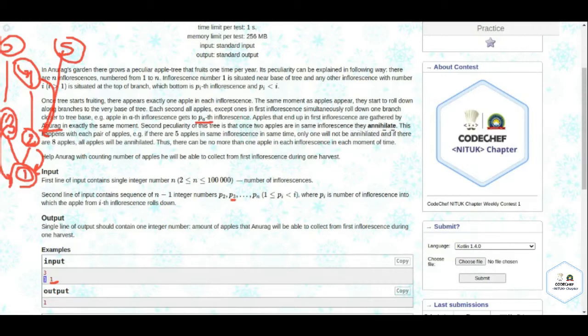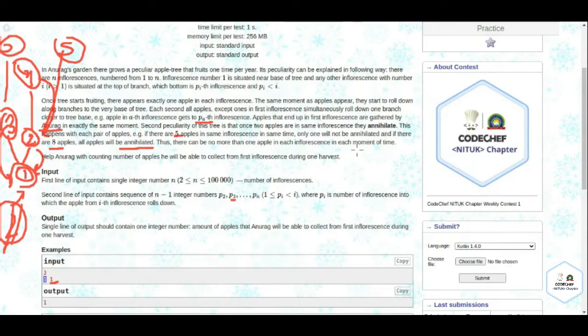apples are in same inflorescence they annihilate. It means जैसे ही अब 3 और 2 वाले 2 एप्पल 1 के अंदर आए तो 2 एप्पल आगे वो क्या हो जाएंगे, एनिलेट, वो खत्म हो जाएंगे। इसका मतलब कि जो पेयर वाले एप्पल्स हैं वो खत्म हो जाएंगे। अगर 5 एप्पल हैं टोटल तो 4 खत्म हो जाएंगे आपस में मिलके और सिर्फ एक एप्पल बचेगा, दैट इज मॉडुलो 2, राइट। एंड अगर 8 एप्पल आए तो इसका मतलब सारे के सारे जो टोटल 4 पेयर बन जाएंगे तो सारे के सारे एप्पल्स एनिलेट हो जाएंगे, 0 बचेंगे।